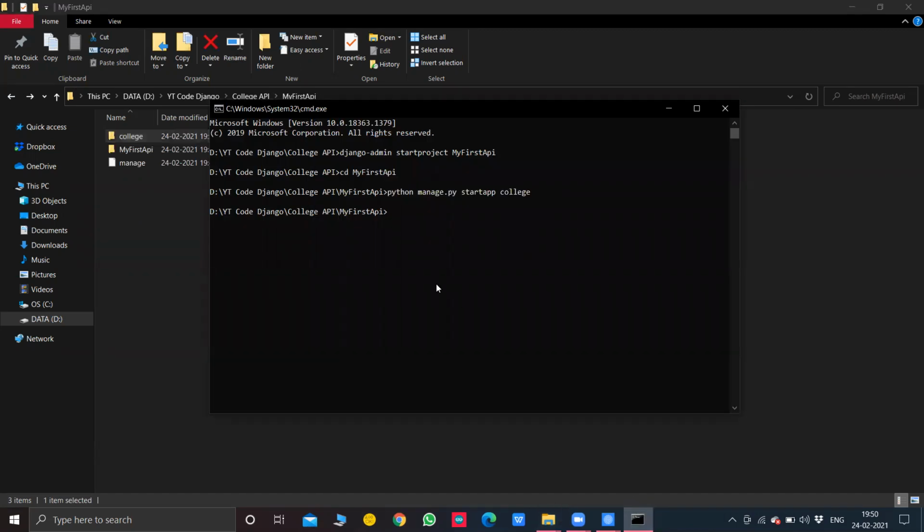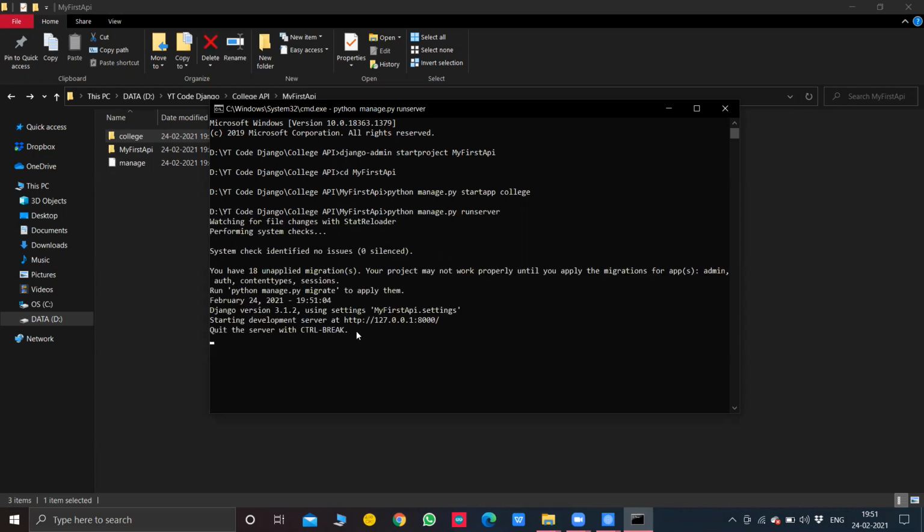Now, if you want to run your Django project, how to run a Django project? The command is python manage.py runserver. Always ensure when running a Django project that you are in the same directory as manage.py, because manage.py is the driver code. When you run this, it will take some time, but it will give you a server. You can see there are no errors here, and it gives this link. So copy this link and open it in your browser.